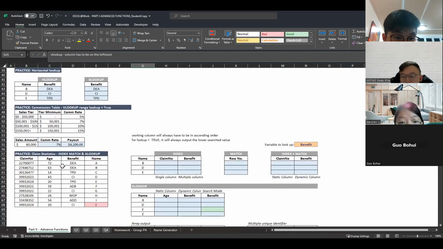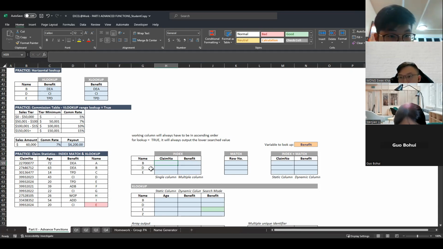Now let's say I have this scenario where my column is on the rightmost. Then I have an issue. I can't do VLOOKUP, because I would have to massage the data heavily and shift the columns around before I can use it. But sometimes life hits you hard and you can't do it that way, and then we have to try different methods. INDEX is one of the methods.